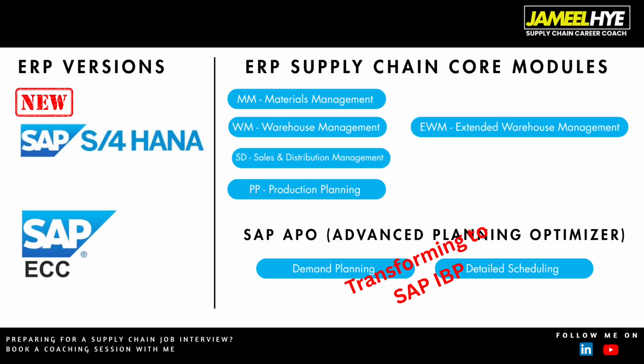And some of the functionality of APO has been moved into S4 HANA, and some of it has been moved into IBP. And I understand that is an evolution that is continuing. So what you will find probably over the next few years is APO will probably get closed. And I think the phase out date is 2027. And by that time, whatever was there in APO would be either part of S4 HANA or part of IBP. Okay.